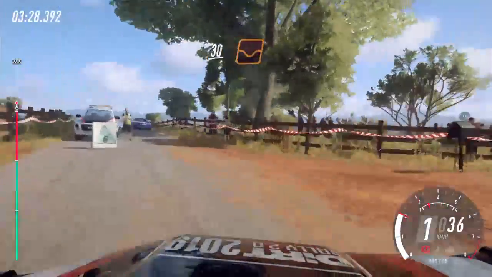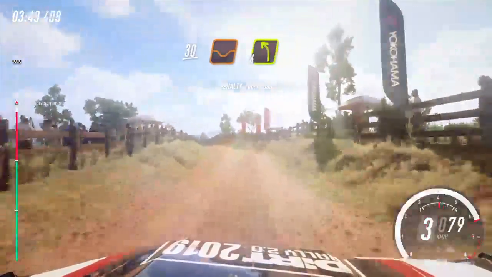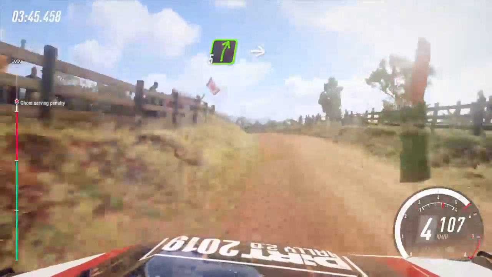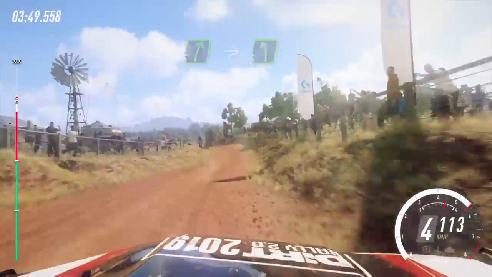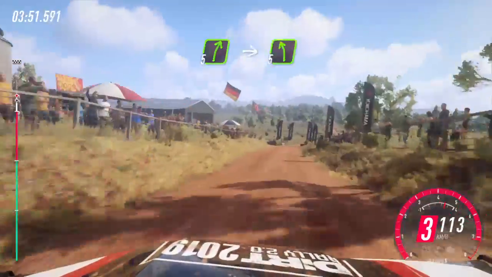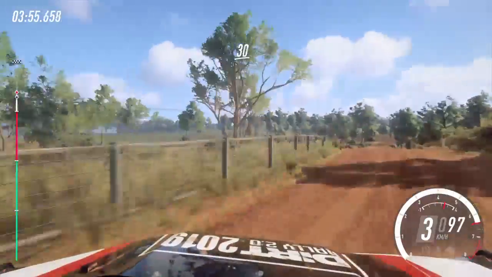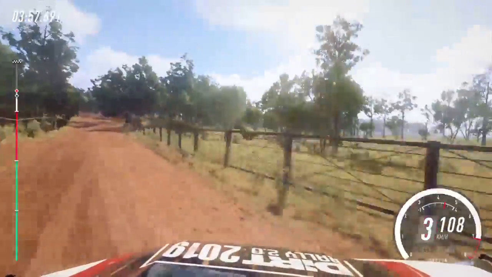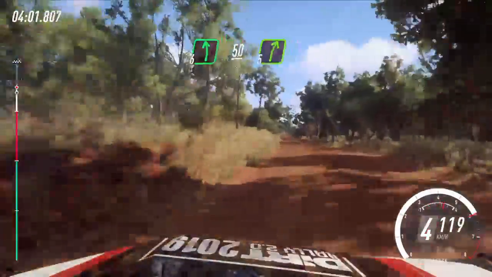30 over bumps, 4 left of a crest, 30 over bumps, 4 left of a crest, into 5 right, into 5 left of a crest, into 5 right of a grid, into 5 left of a crest, 6 right of a bump, 30, flat crest into 6 left long, 50, gate, and 5 right of a crest long,